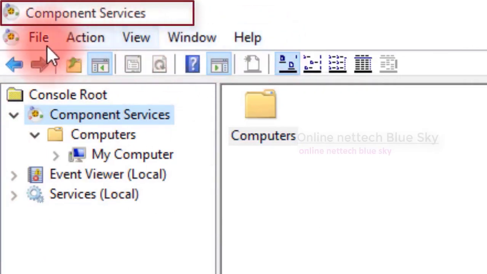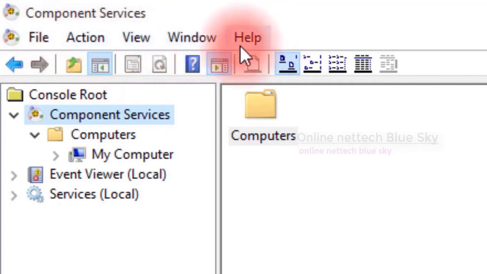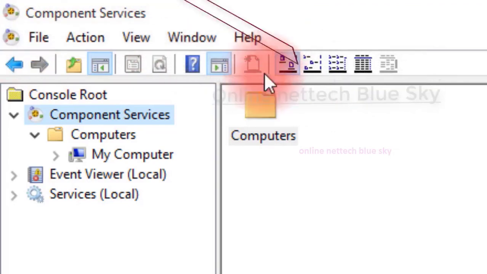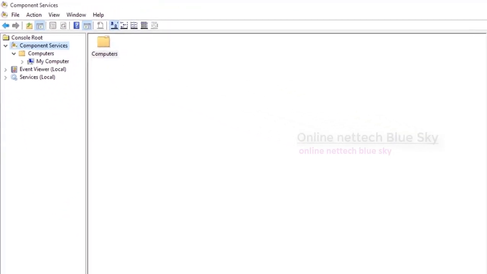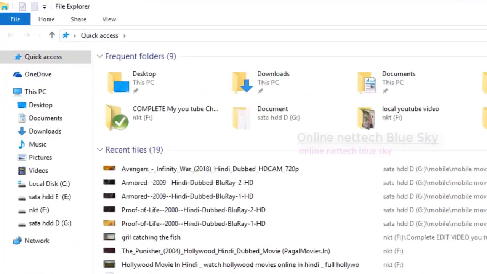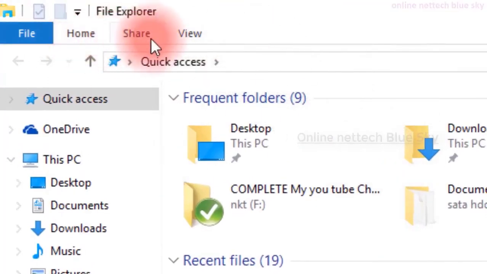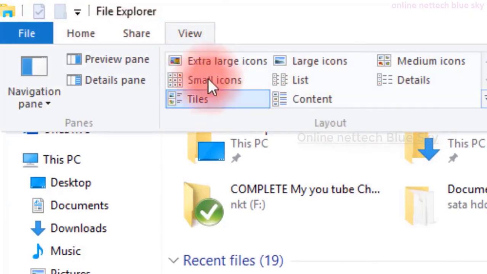First component services you can see, and all of computer, control panel, and windows systems. Again you can see home, share, view, every option available in windows.